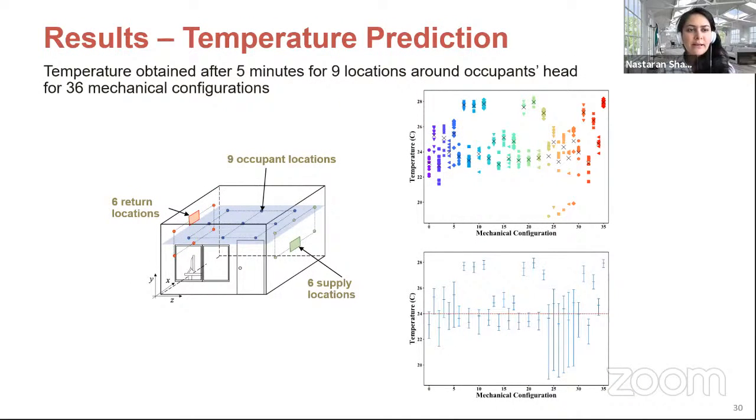In this slide, we see the results for temperature predictions. The temperature data for all mechanical configurations and the occupant locations are presented in the top figure. The values obtained for each mechanical configuration, including 9 occupant locations, are plotted with the same color symbol combination. They are basically the vertical lines in the figure. The plot on the top shows all the temperature data obtained for the 324 combined configurations. The combined configuration that I'm referring to is a particular location where the velocity and temperature data have been evaluated in the simplified building for a specific supply and return configuration. The average values, which were obtained for 9 occupant locations, are also presented here